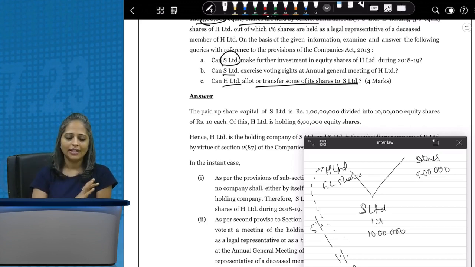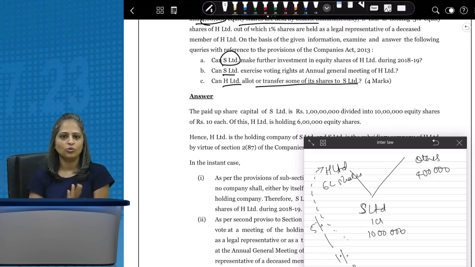The Act says that S Limited, like the subsidiary company, even if it is continuing to hold the shares of the holding company, it can continue to do so, but it cannot vote at the meeting of the company unless the shares are held as a legal representative or as a trustee. In this case,